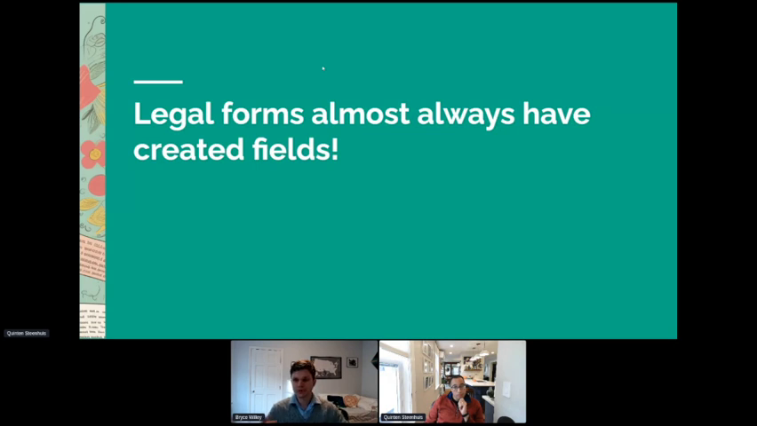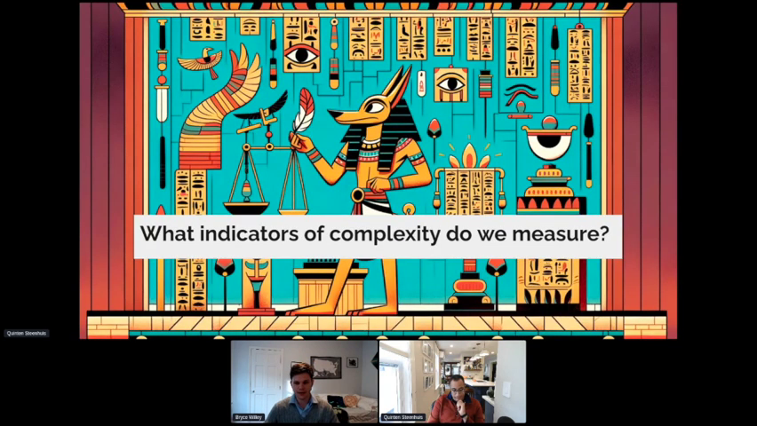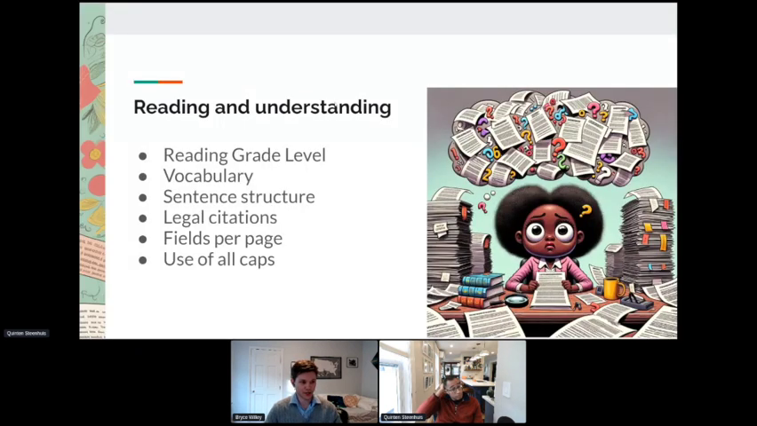So keeping all of this in mind, we know what types of answers people might have to give on forms, and what types of burdens those might evoke on the form. We start to have a good grasp of what indicators of complexity to look at and what we actually use in our score. The first of which, to make sure someone can understand and read the form, we do